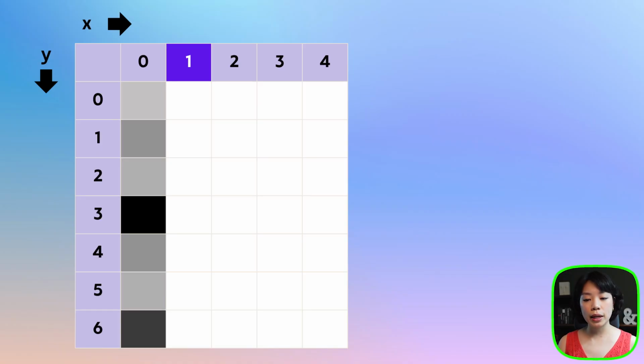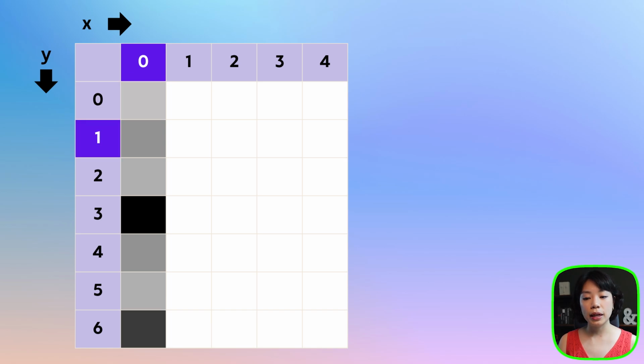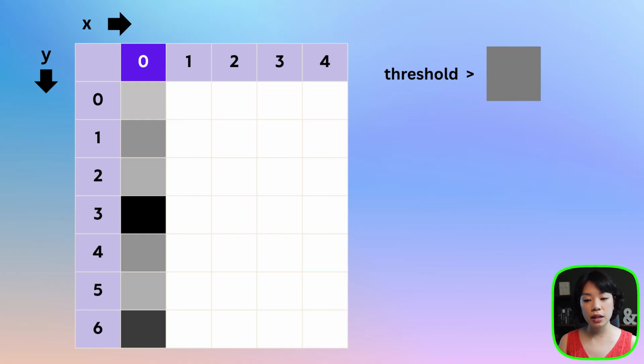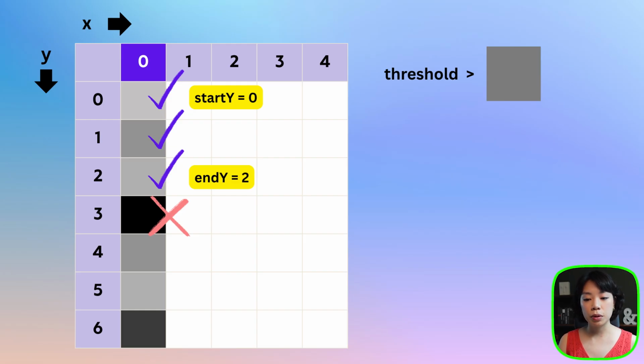First, we go through each of the columns in the x direction, and then in each column x, we look through each pixel in that column, so down the y-axis. We check to see if there's a pixel that meets the brightness requirement, and if there is, for that first pixel, we set the y location as start y. Then we continue down the column until that requirement is not met anymore, and then we set the previous pixel's